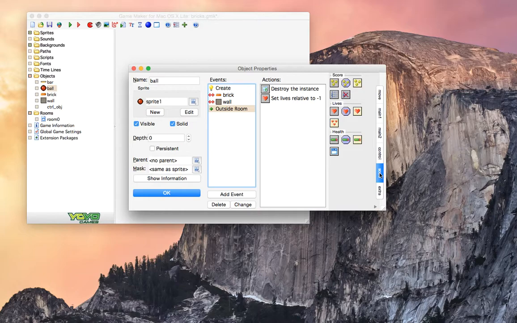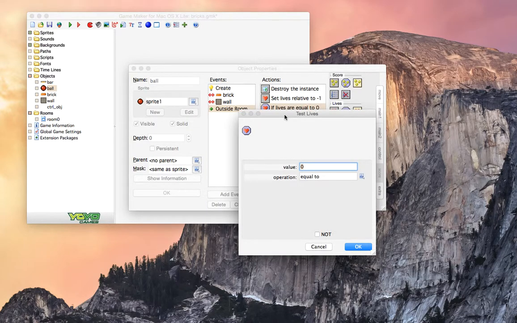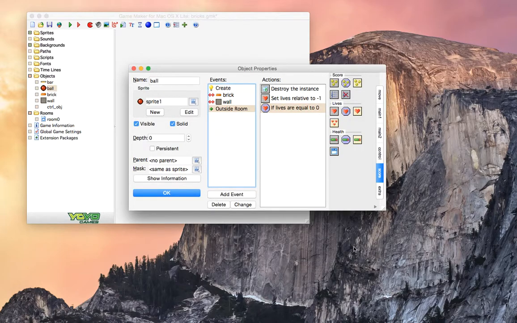How do we do this? By going to the score tab and selecting, under the lives section, test lives. So we select test lives, and we're making a question here. What we're saying is, if the number of lives is equal to 0, it means that we have no more lives. And if we have no more lives, we're going to end the game. So we select under main 2 tab, end game, right? However,